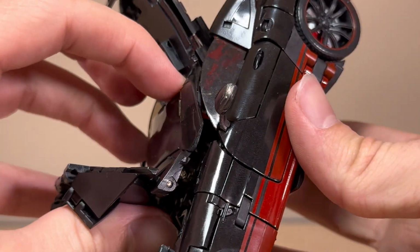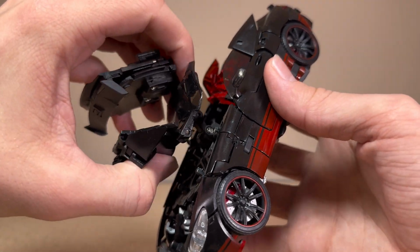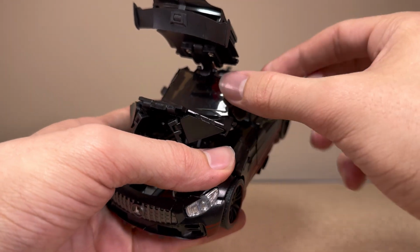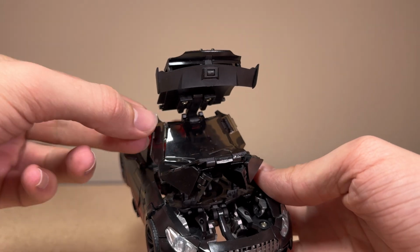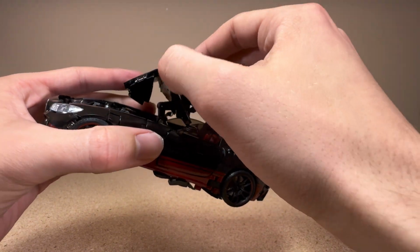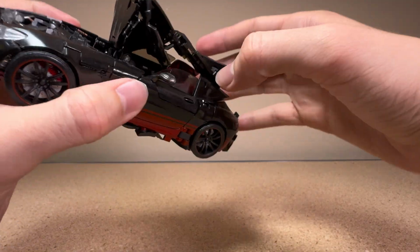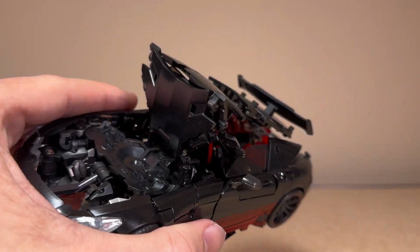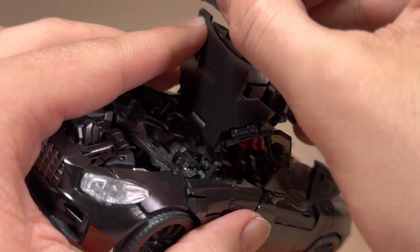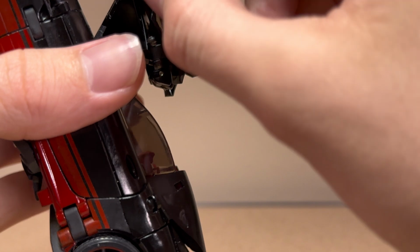I need to actually zoom out a little bit. This actually rocks up for some clearance. This actually needs to fold out too. These little pieces of the windshield. Let's just flip like that. Folding it the wrong bloody way. That slides down, and those pieces slide into that piece right there. And then if they did that, you want that tabbed. Spoiler goes up, makes room for it. Well, that's not what I wanted to do yet, but